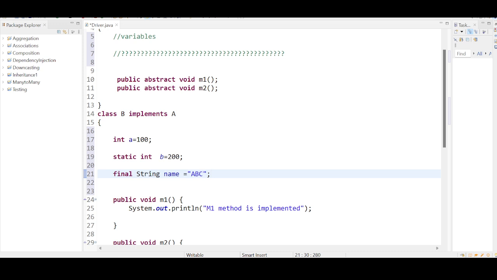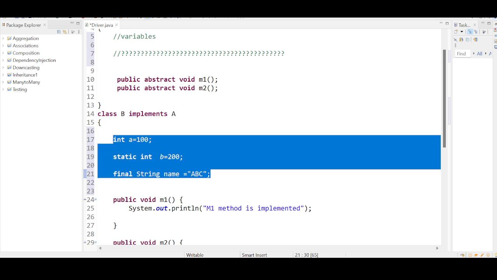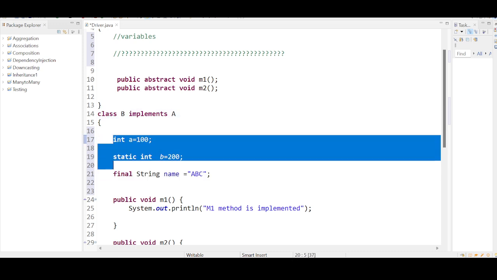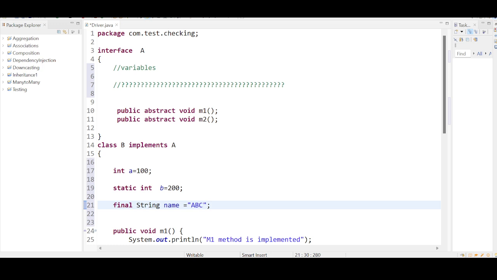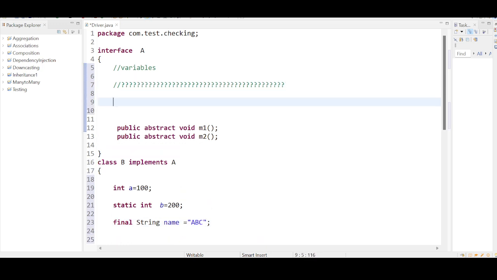Okay. So there is a lot of flexibility inside the class. You can place all types of variables inside a class. But when it comes to an interface, the variables should be public static final in nature. You can place any variables, but those variables should be what? Public static final, and the data type of the variable, string,